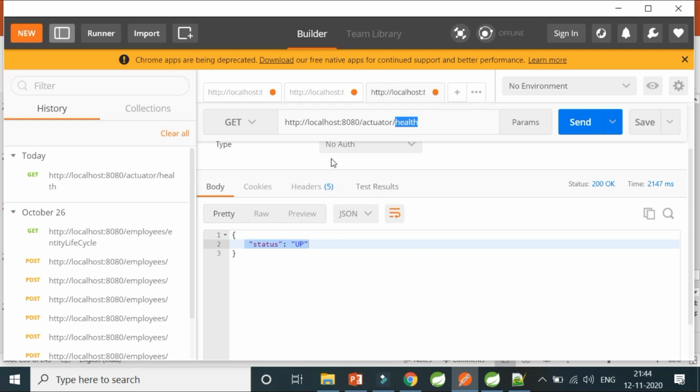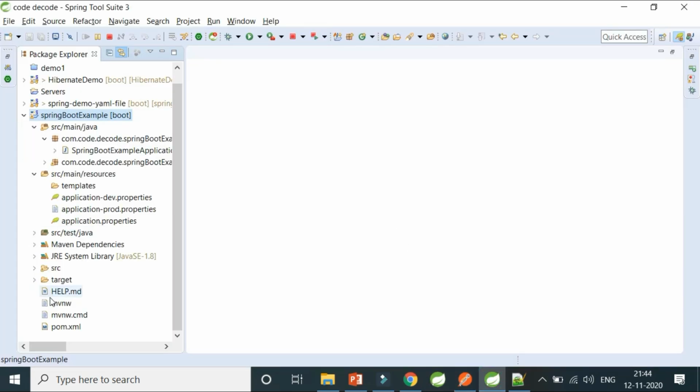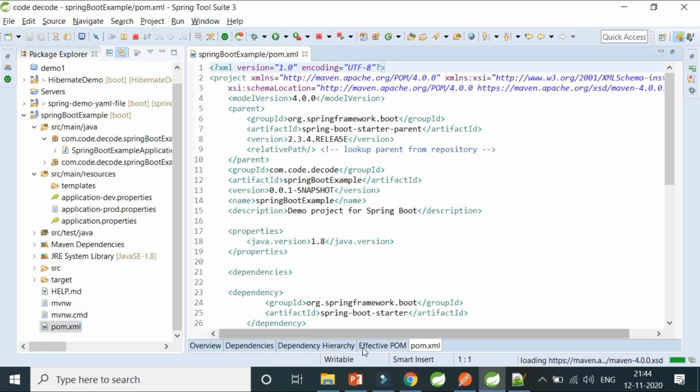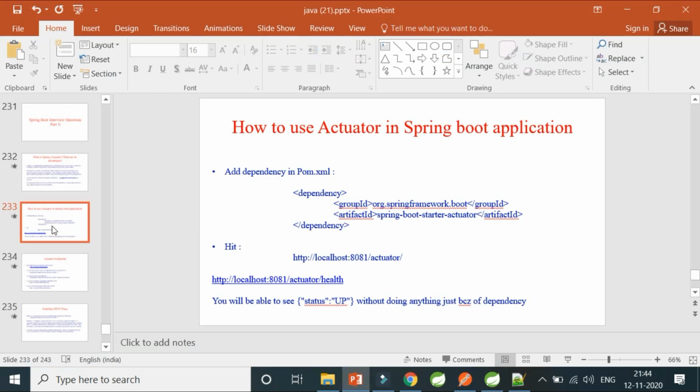So this is just a snapshot. I'll show you how it is working and what all endpoints you get by default for your application. But as of now, understand this is how you can use your Postman. This is how you can use your production server. Currently I'm using my localhost, but you can always use your production server's URL and the port number, and /actuator is a default path which is given to you. And this is how I'll show you can initiate your actuator in your Spring Boot project.